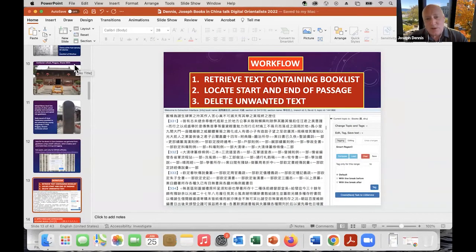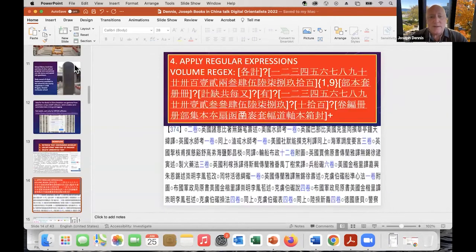So this is what you get in Logart. You get a big mass of text from the local gazetteer, and then you can cut out the parts you don't want, and then you apply regular expressions. So the regular expressions then identify, in this case, you can see all in the blue, there's numbers followed by a book term, things like chapter, volume, collection. These kinds of words make it so I can recognize where's a book title.